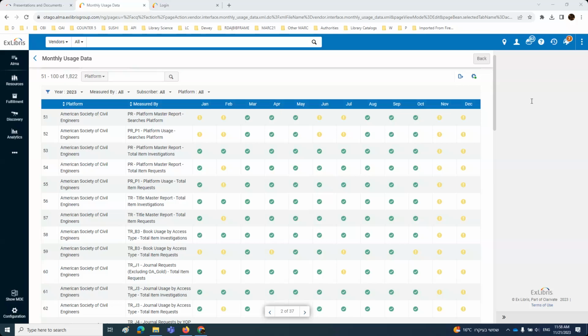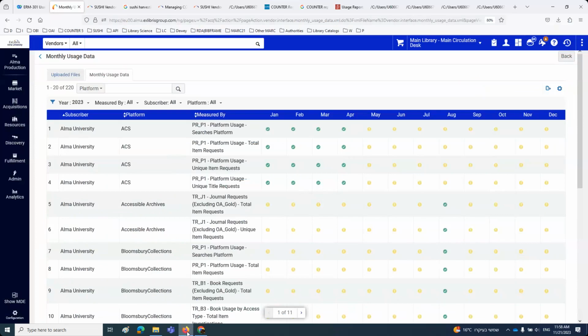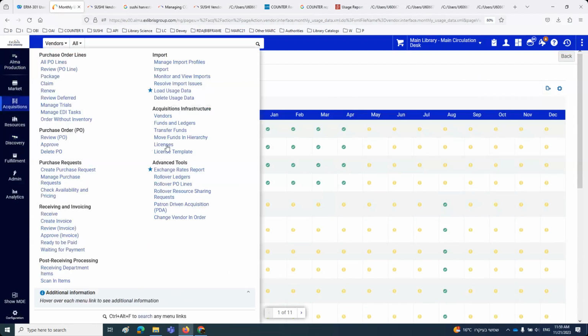Someone asked if a file for a certain time period type vendor is reloaded, does it overwrite the existing file? Sorry if it was already mentioned. It wasn't already mentioned. It will not overwrite. And if you do it manually, it will ask you if you want to overwrite. For example, if I come here, make sure I'm in the right place, and I load that file again that I loaded a little while ago, acquisitions, load usage data,